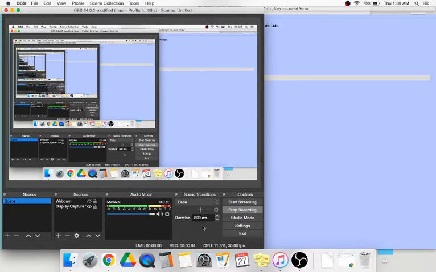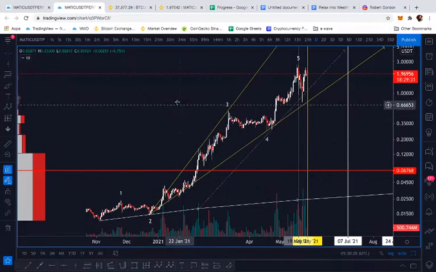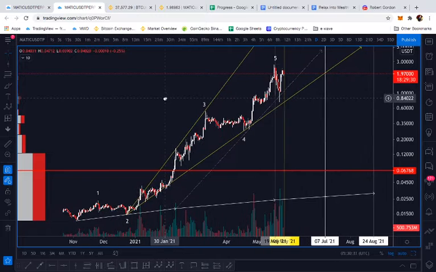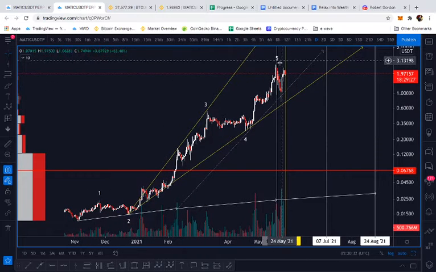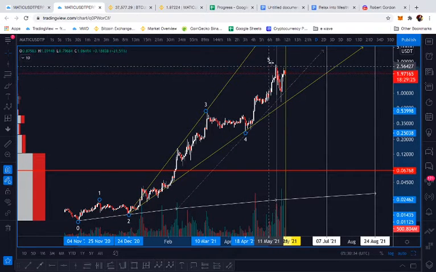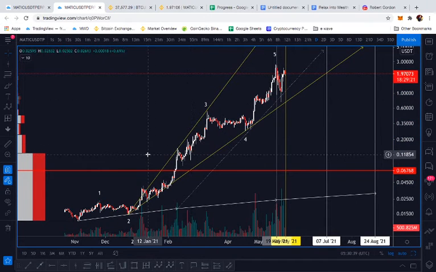This is going to be an update on MATIC. There's one TA that I forgot to mention. So it's basically trend lines and trend line time. I just pulled up a chart here that I made real quick. And so if this is true that this is wave 5, there's also an algorithm that's following this chart,